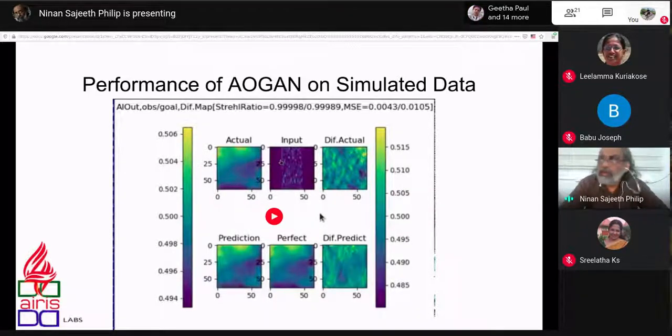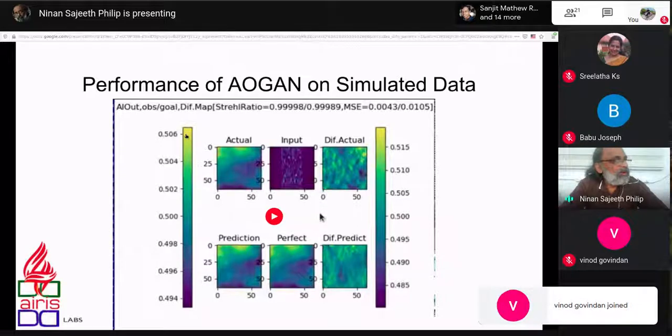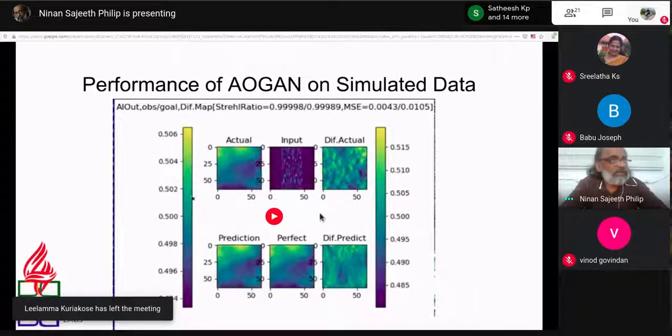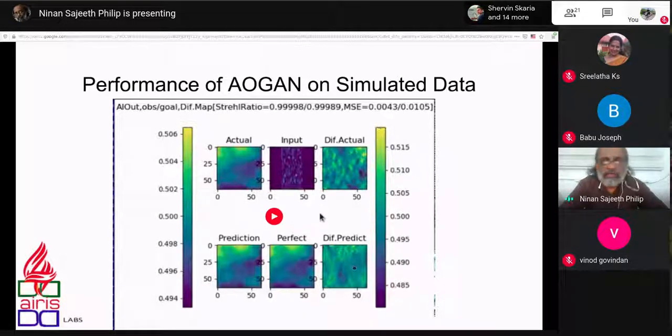Now, if we do that kind of computation, this is the value that you get for the actual, and the actual minus the perfect is what is shown. What you see is that these differences have a maximum value of 0.506. 0.5 is equivalent to 0, so it's a very small fluctuation. Whereas here it is higher. So we are not as good as the ideal system, which is also shown by this Strehl ratio. It is stable to the 4th decimal place here, but it is only stable to the 3rd decimal place, very close to the 4th decimal place.